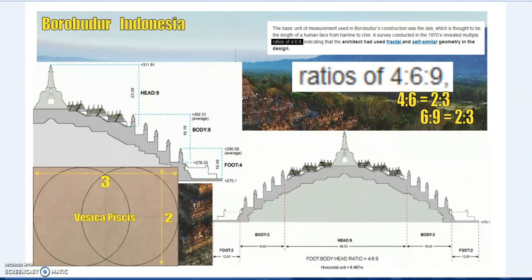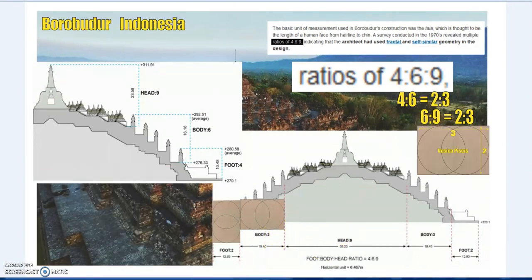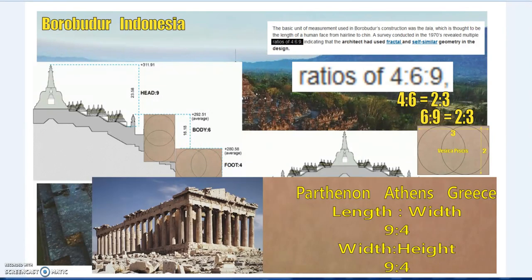So just to begin with, a 2 to 3 ratio using the vesica, where you can see how the vesica aligned vertically as opposed to horizontally gives a 2 to 3 ratio. Now 3 squared is 9. We could look into that as well. So it's a 2 to 3 ratio. But you see the same thing here. So if the foot of the temple is 4 and the body is 6, that's a 2 to 3 ratio. So once again, just twisting the vesica 90 degrees, you get this pattern happening.